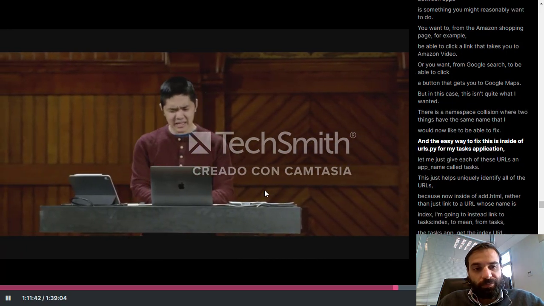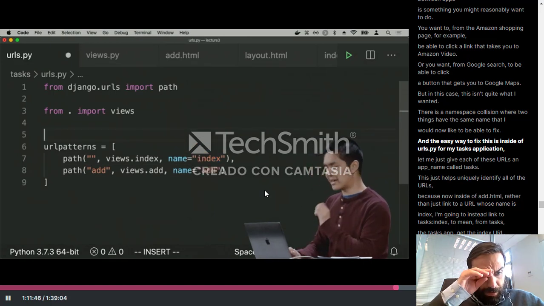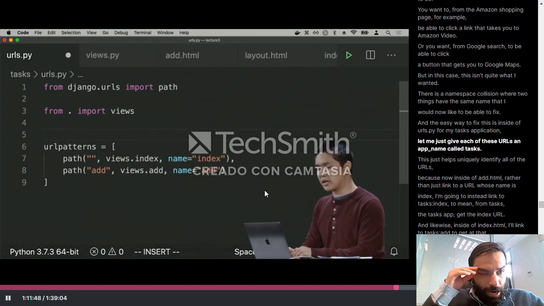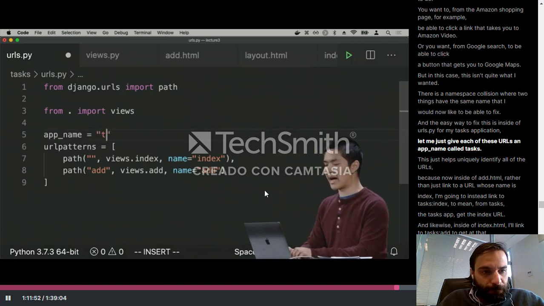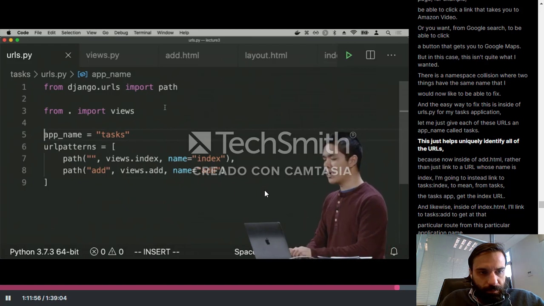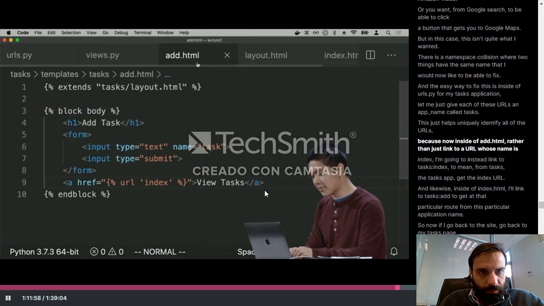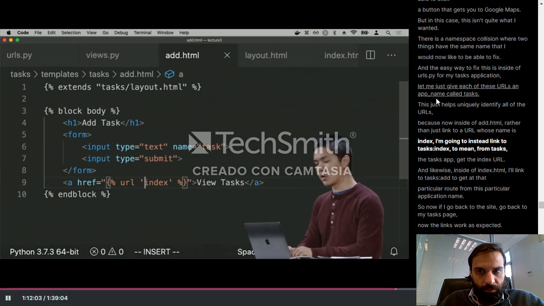And the easy way to fix this is inside of urls.py for my tasks application, let me just give each of these URLs an app name called tasks. This just helps to uniquely identify all of the URLs, because now inside of add.html, rather than just link to a URL whose name is index, I'm going to instead link